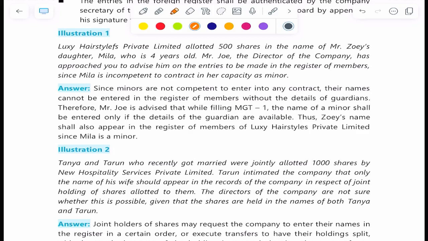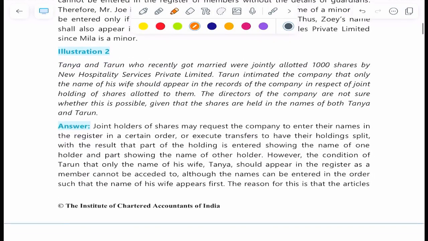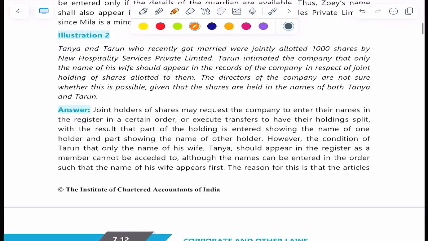Therefore, Mr. Joey is advised that while filing NDT1, the name of a minor shall be entered only if the details of the guardian are available. Thus, Joey's name shall also appear in the register of members of Luxy Hairstyle Private Limited since Mila is a minor. Illustration 2. Tanya and Tarun, who recently got married, were jointly allotted 1,000 shares by New Hospitality Service Private